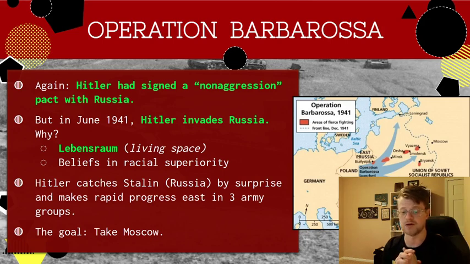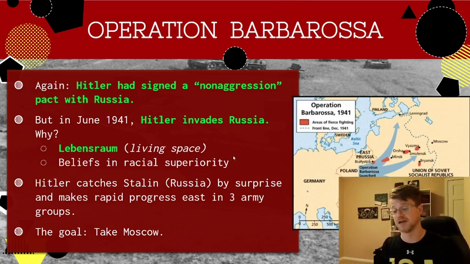And so you can see there's three army groups, those big, nice, bluish kind of arrows there. So we have Army Group North, which is aiming for Leningrad, Army Group Center, which is aiming for Moscow, which is probably the main goal, and then Army Group South, which is kind of to swing down into places like the Crimea, as well as some of the Caucasus, which is kind of over here-ish. It's where a lot of Russian oil is.